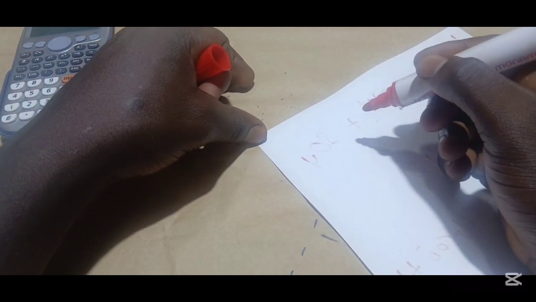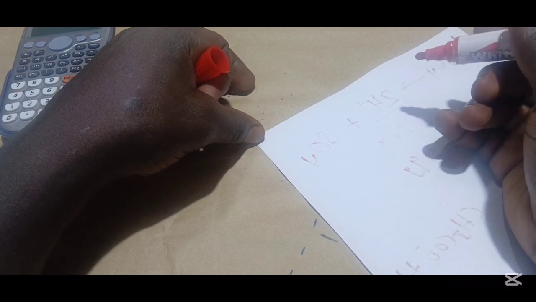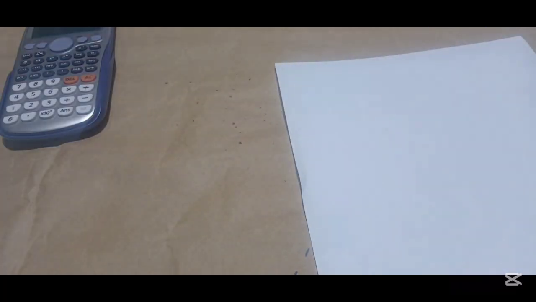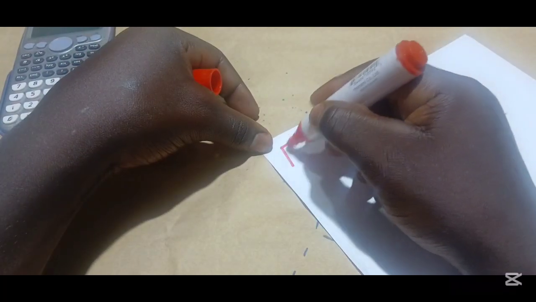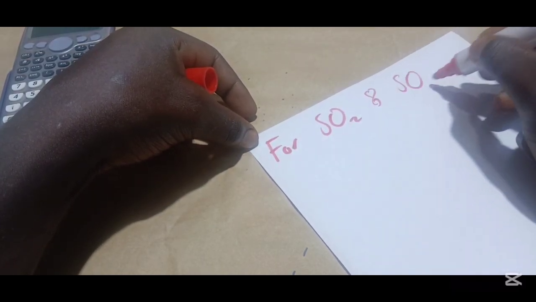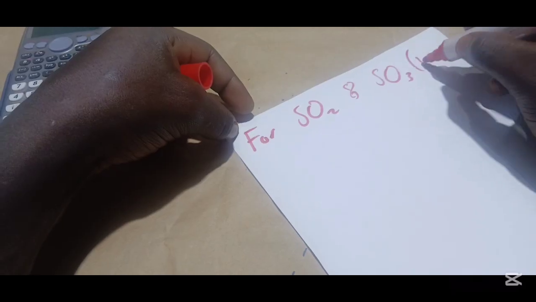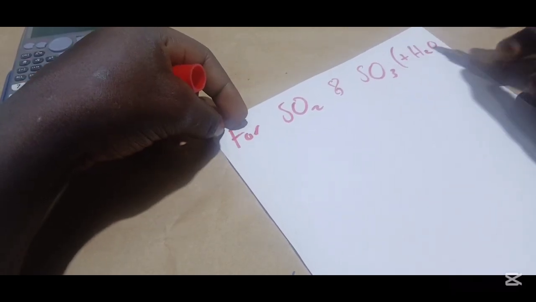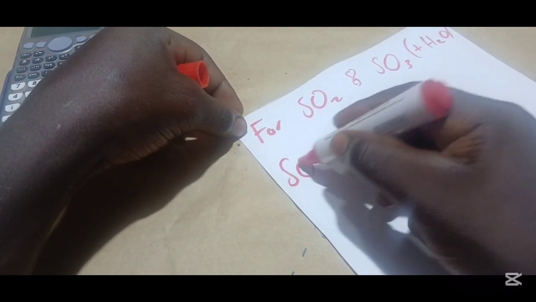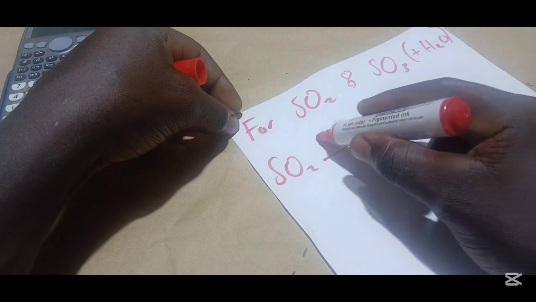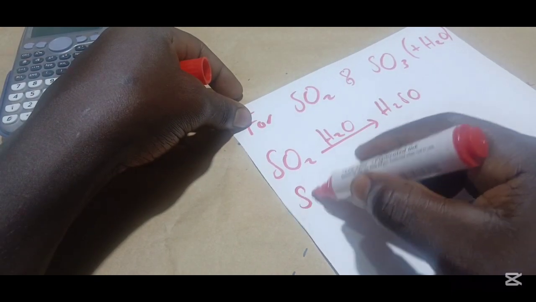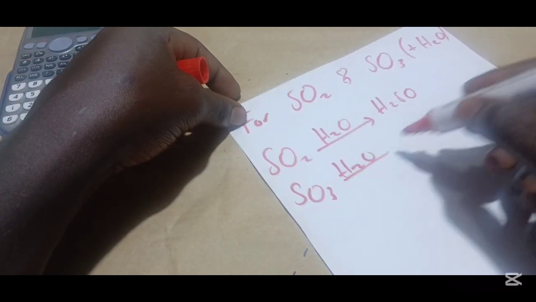Then again, for some of the molecules, before you find the equivalent weight, we have to do something first. So let's say for SO2 and SO3, we are going to add water, H2O, before we can find the equivalent weight for them. So let's say we are to find the equivalent weight of SO2. What we do is we add water. So this will give us H2SO4. And then for SO3, we also add water. This will give us